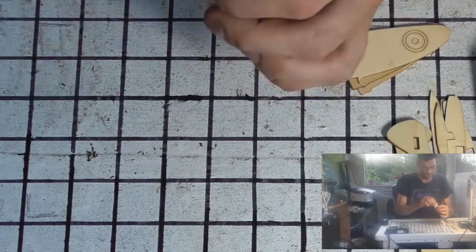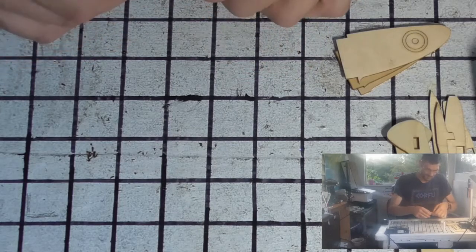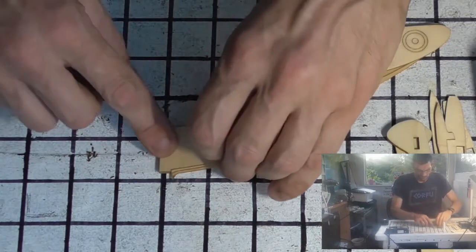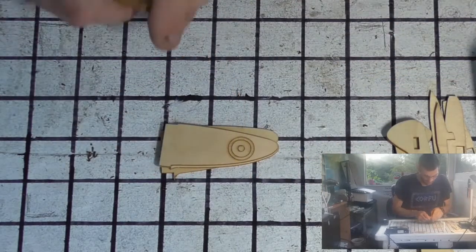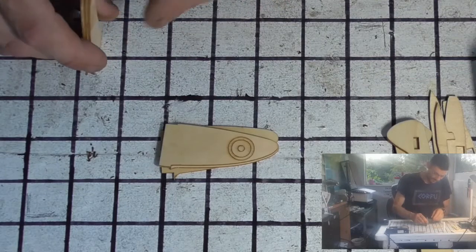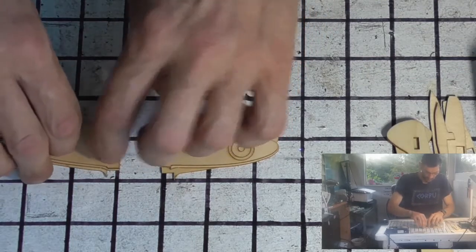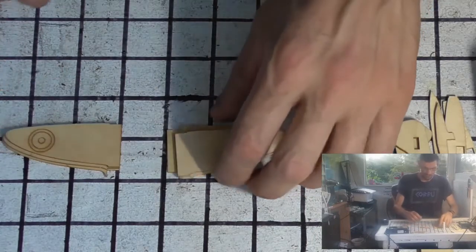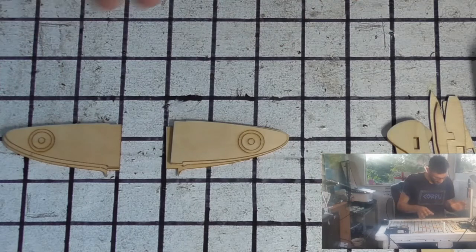So it just kind of makes it like a 3D affair. They're all flat there and there. So we'll put that one down there for the minute. It's already out of shape. Same with that one. So let's try and get it down without it moving too much. So those will be our wings. We'll get those to hold against the flat surface to ensure ends are level. Don't forget to glue at each stage. Ease each side panel